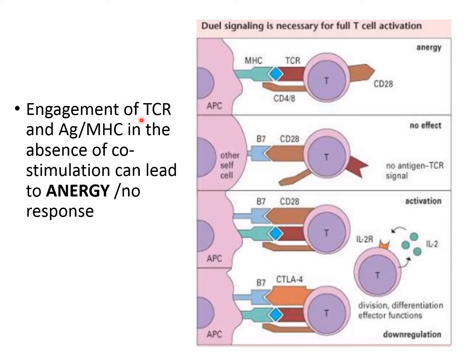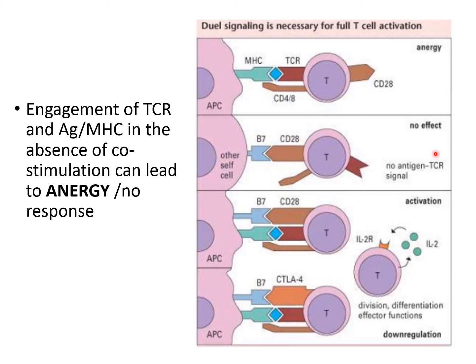Activation of T cells requires binding of T cell receptors to the MHC molecule, binding of co-receptors to the MHC molecule, and also binding of co-stimulators. All three steps are required for activation of T cells. Even if T cell receptors are engaged with the antigen-presenting MHC molecule and co-receptors have also bound to the MHC molecule, it does not result in activation of T cells. This is called anergy, and it results in no response. Similarly, in the absence of T cell receptor binding to the MHC molecule, there would be no effect.